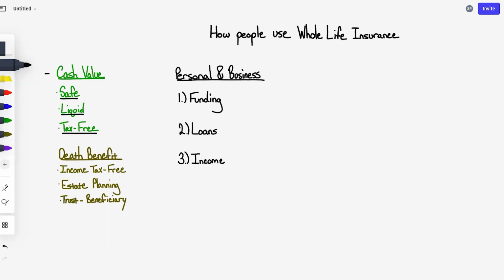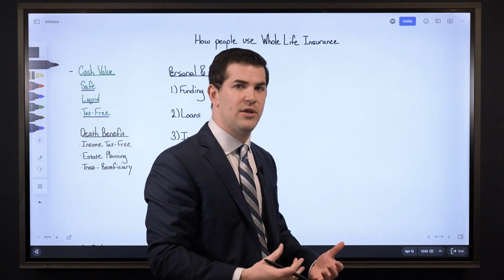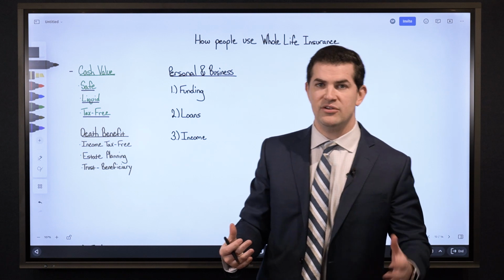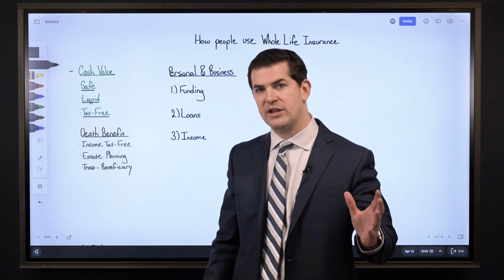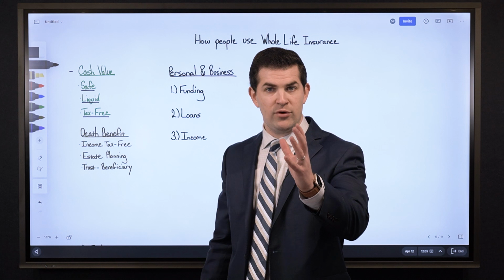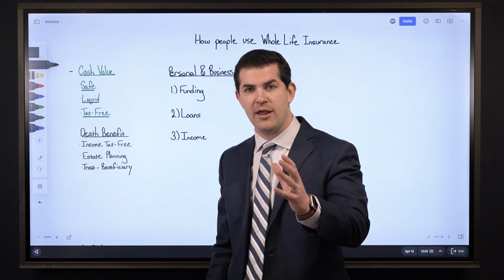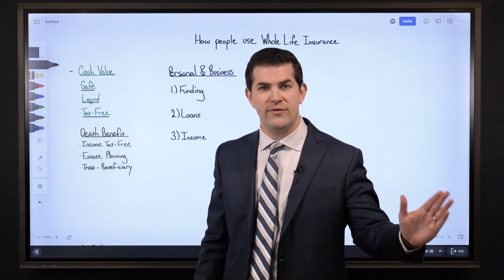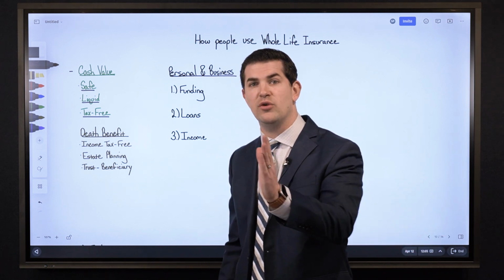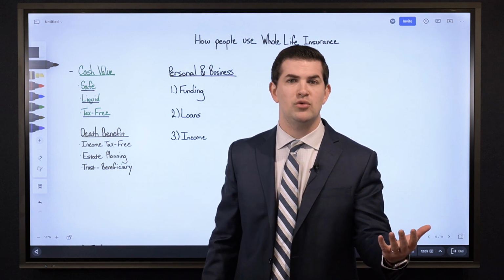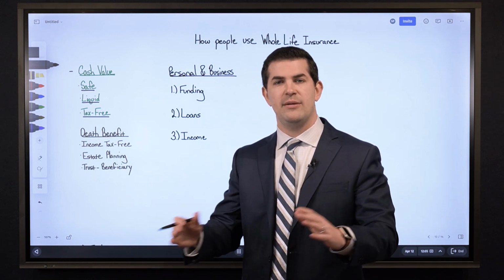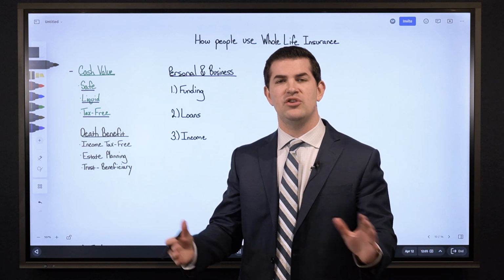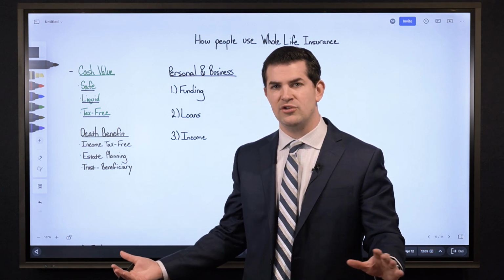Safe, to provide some information on that. The cash value in a whole life insurance policy is a very safe area to position funds. As we look at the cash value in a policy, it will continue to appreciate over time. When we look at the history of whole life insurance, anytime there's been a major recession or a stock market crash, cash values in whole life insurance policies tend to continue to increase. That's because I've got guarantees associated with the product. There's no risk, meaning it's not tied to the stock market and such. It's a very, very safe area to position funds.